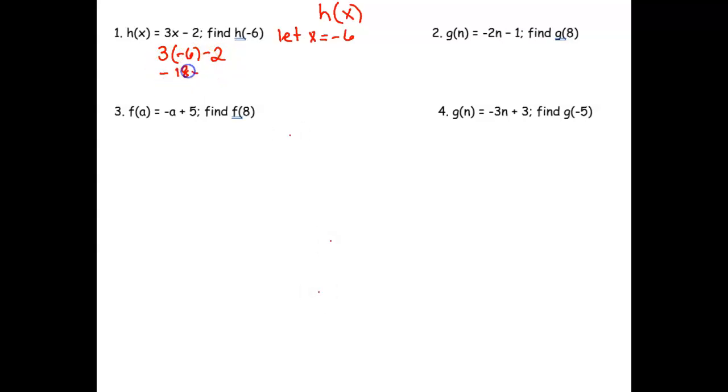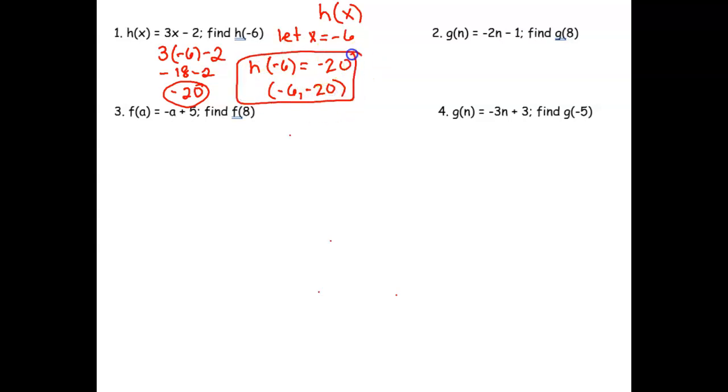We've got -18 minus 2, and we get -20. So we can say h of -6 is equal to -20, or we could write it as an ordered pair, (-6, -20). All right, doing number 2,